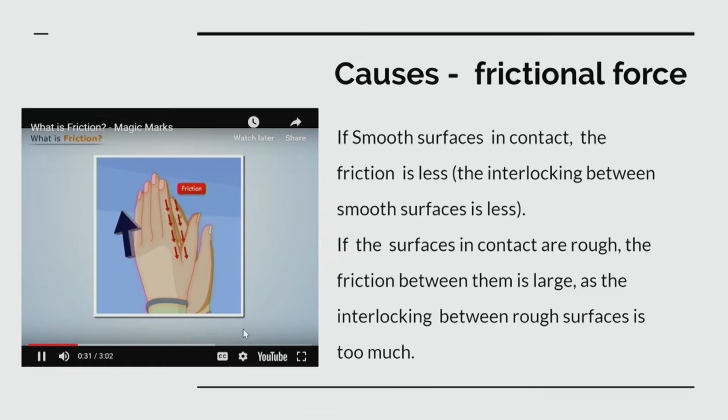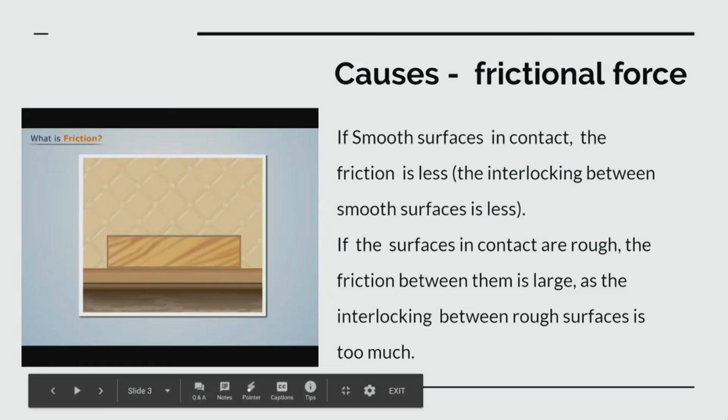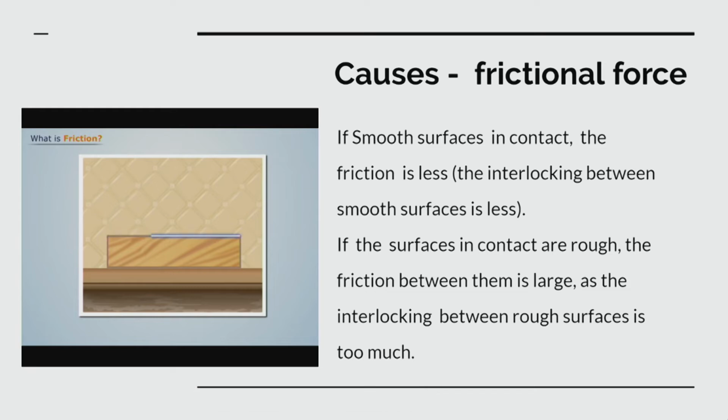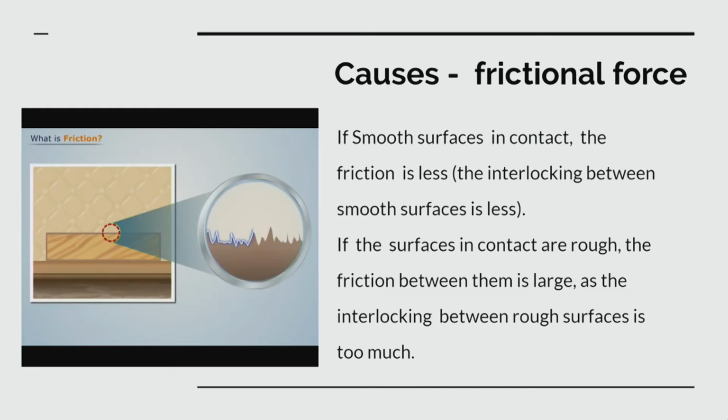Let's discuss it a little more. A surface is never perfectly smooth. Even very smooth surfaces possess irregularities, which are visible only through a microscope. So when two bodies are in contact with each other, the irregularities present on their surfaces tend to interlock with each other. Now, when we try to move one of the bodies on the surface of the other body, the interlocking of irregularities opposes the motion. This opposing force is called friction,